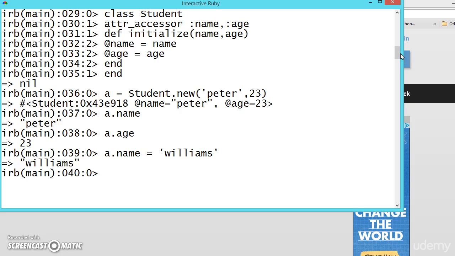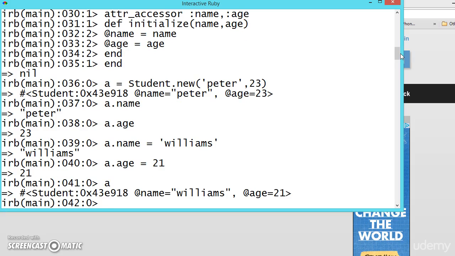Change Peter to Williams. So a dot name is successfully changed. We can also change a dot age. Let us say age doesn't require quotation marks, 21. We have changed it. Now see, as soon as we press a, the name is Williams, age is 21.